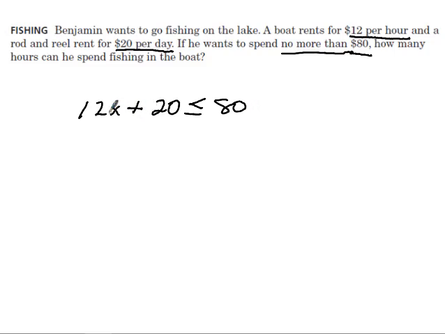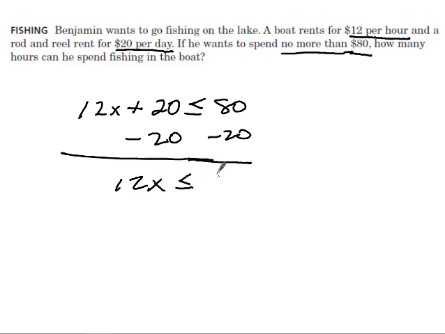Our letters are together on one side, so I need to move the 20 over to be with the 80. So minus 20, minus 20, and I end up with 12x is less than or equal to 60. My number here with my letter is positive, so I don't have to worry about flipping my sign. So I divide by 12, I divide by 12, so x is going to be less than or equal to 5. And that 5 represents